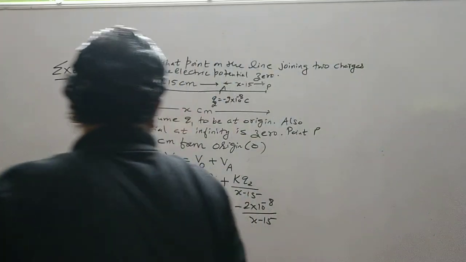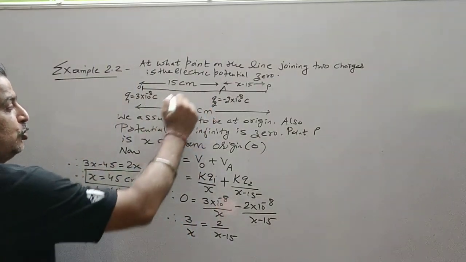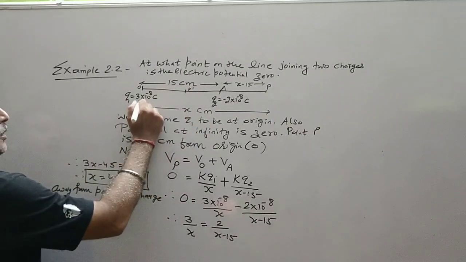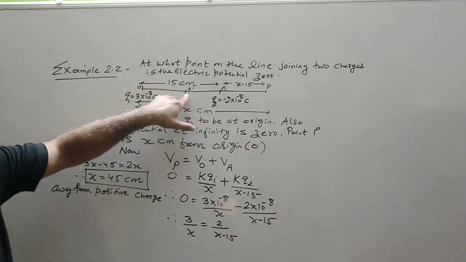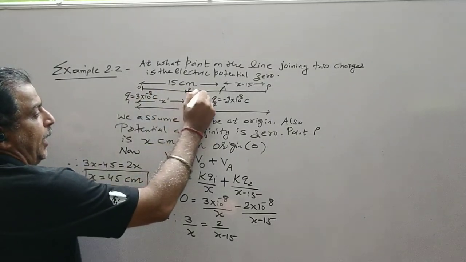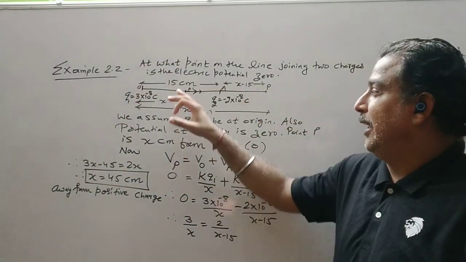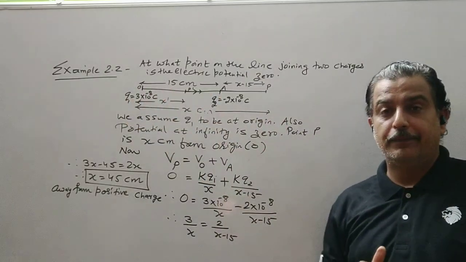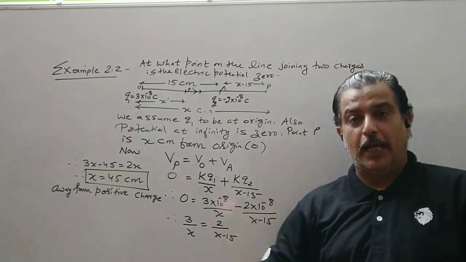So that point where the field is non-zero is in between these. Let that point be P dash, and the distance is X dash. You check this. If I keep a test charge here, this positive charge will repel it and this negative charge will attract it. So the resultant electric field intensity is from Q1 to Q2. Now I want the potential to be 0. So the work done